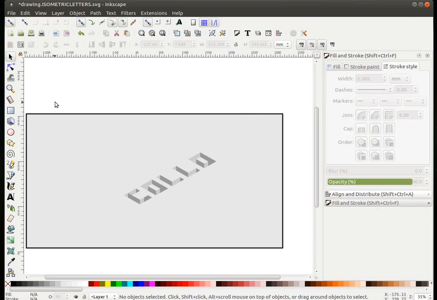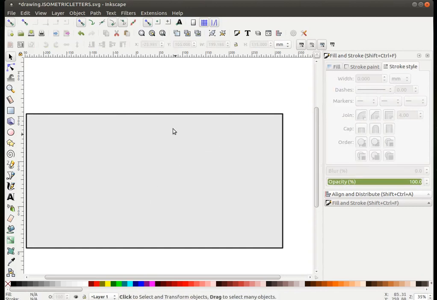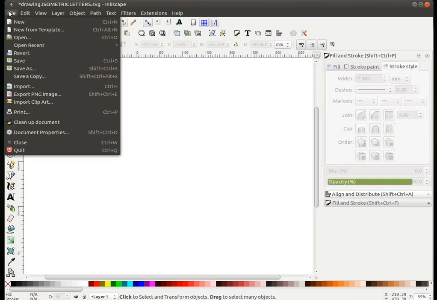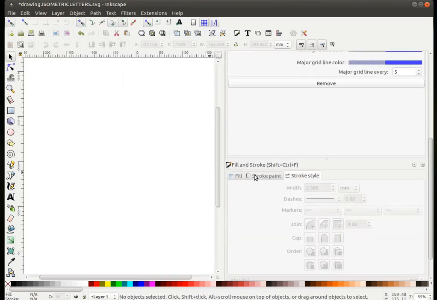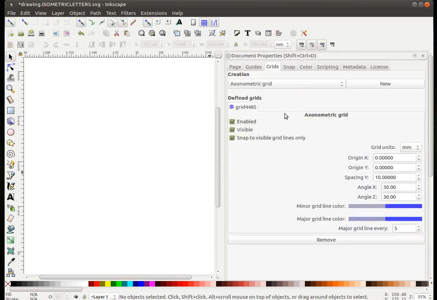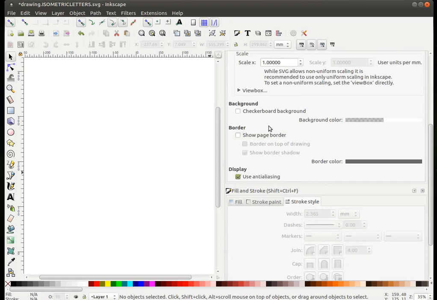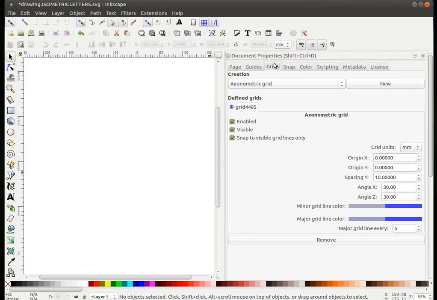So we are going to start, and the first thing you're going to do, I'm going to clear my screen by deleting everything. There you go. The first thing you're going to do is go to document properties, and we are going to disable the border, show page border, and we are going to enable the grids because they'll be